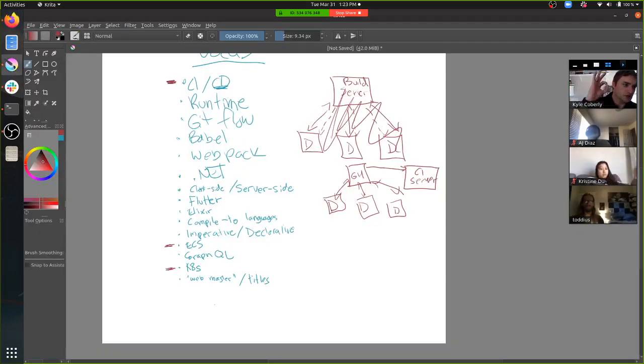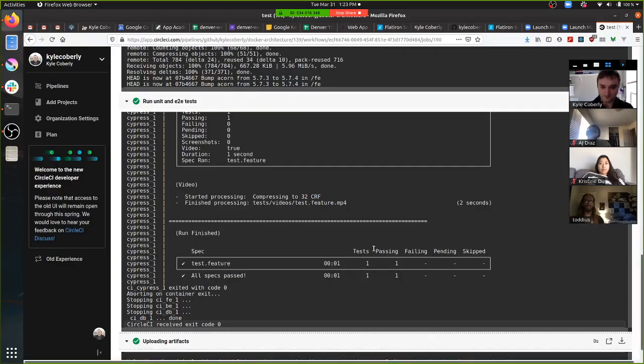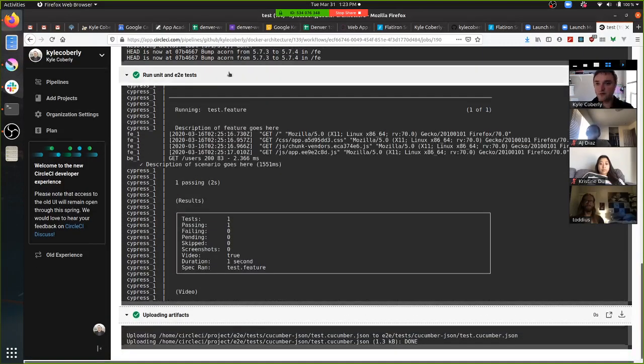So CI server says, cool, that thing worked out just fine. So it says, all right, you deploy this thing to Firebase and Heroku. Cool. If these tests pass, why not just push it? So it goes, cool, the tests are green. I'm going to deploy the back end to Heroku. I'm going to deploy the front end to Firebase. So there's no separate deployment step. As soon as you have passing tests, those go live immediately. That's continuous deployment. And sure enough,